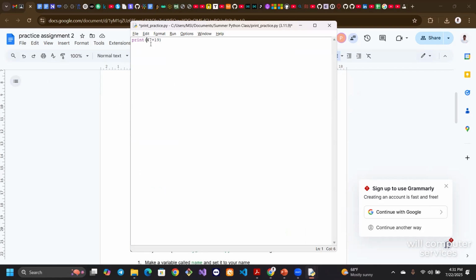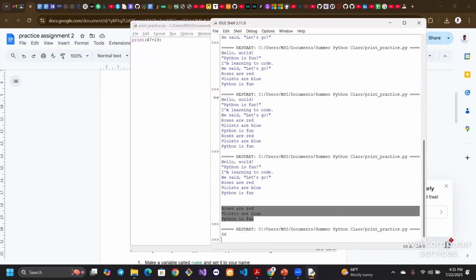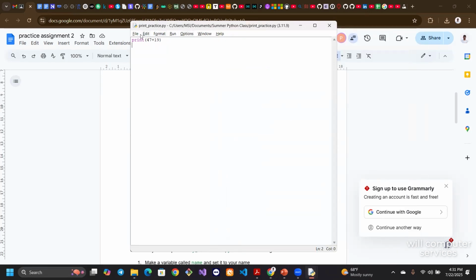But to make it more descriptive, so that people know what you have: when you just print this and send it to someone, they won't really know what it means. A 66, how did you come about 66? But it's good to include a text, trying to tell them that, okay, I'm trying to do 47 plus 19